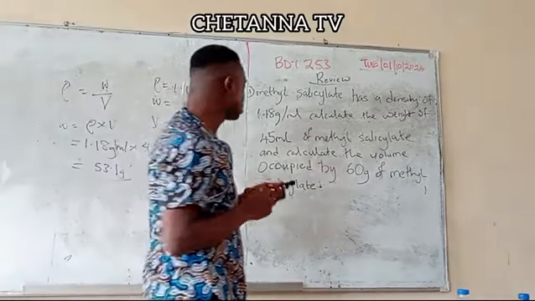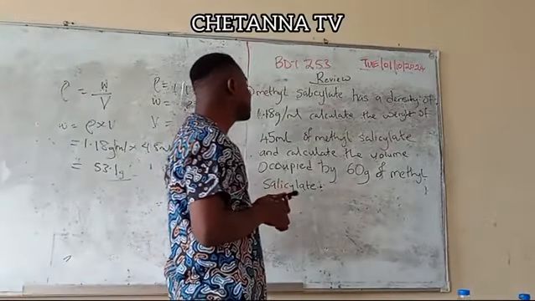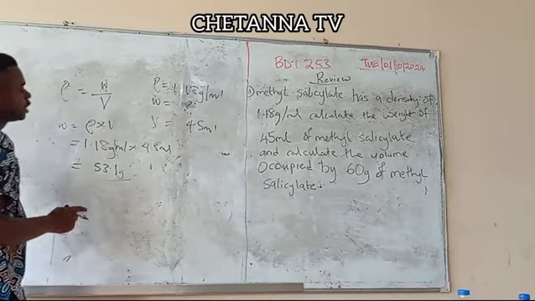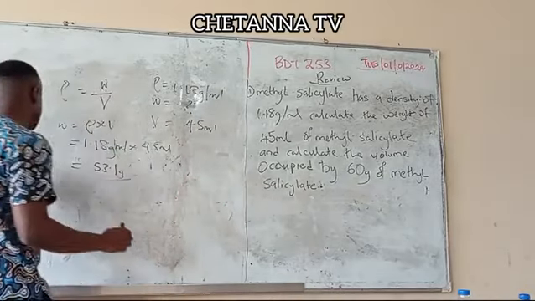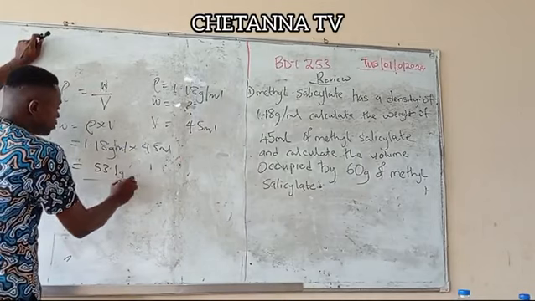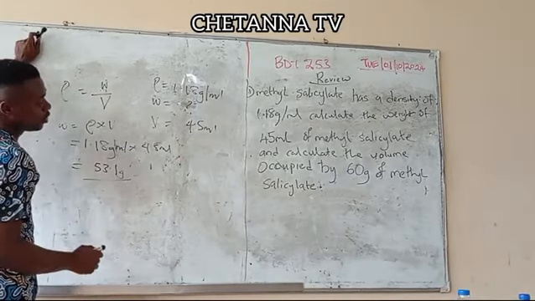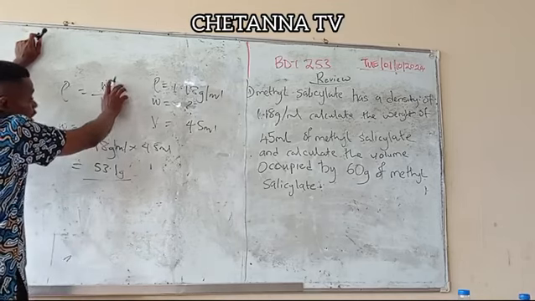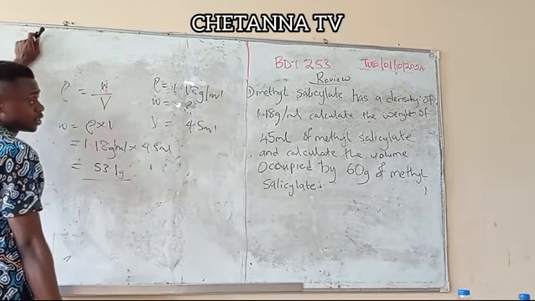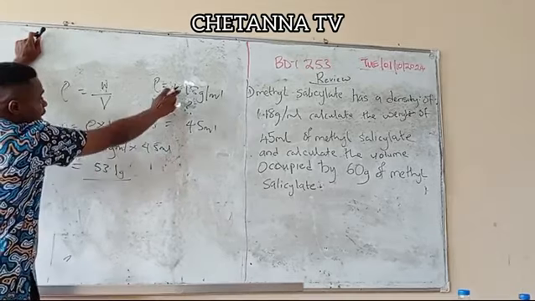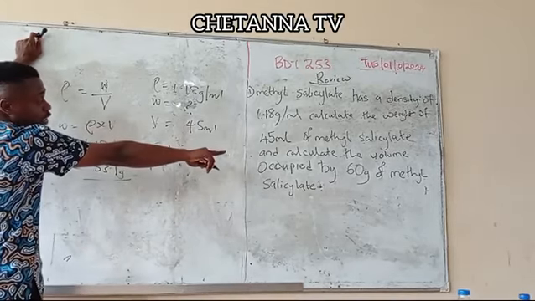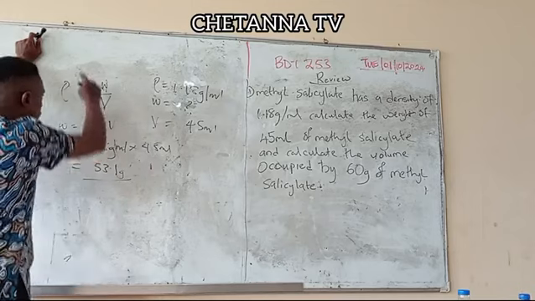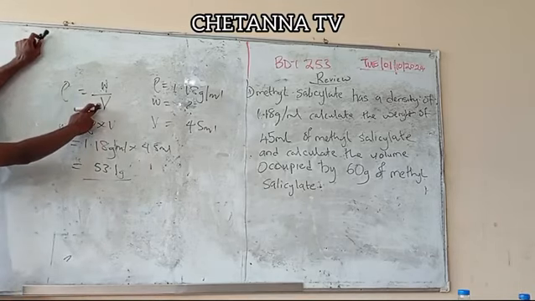But we have the next one, we are told to calculate the volume occupied by 60 gram of methyl salicylate. This question doesn't need specific gravity. It's simple. I thought it requires us to go into specific gravity, that's why I explained it. You can also use this formula to calculate this, since we already know the density, right? We want to calculate the volume of 60 grams. It's simple. If you make volume the subject of the formula here,